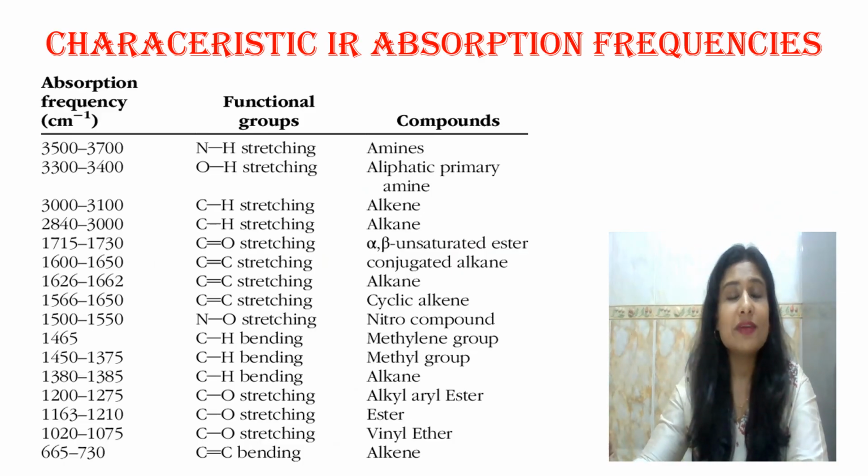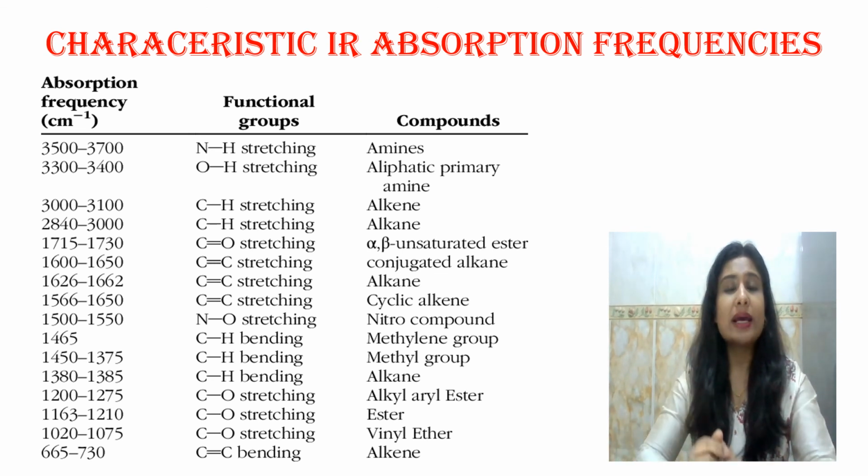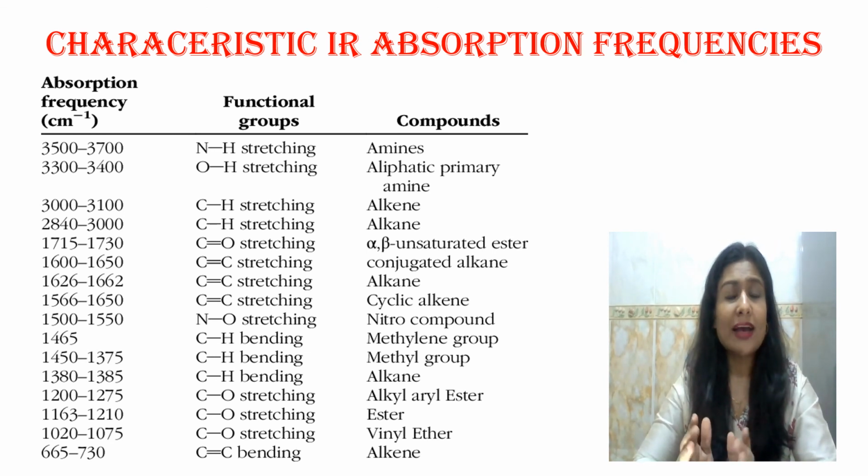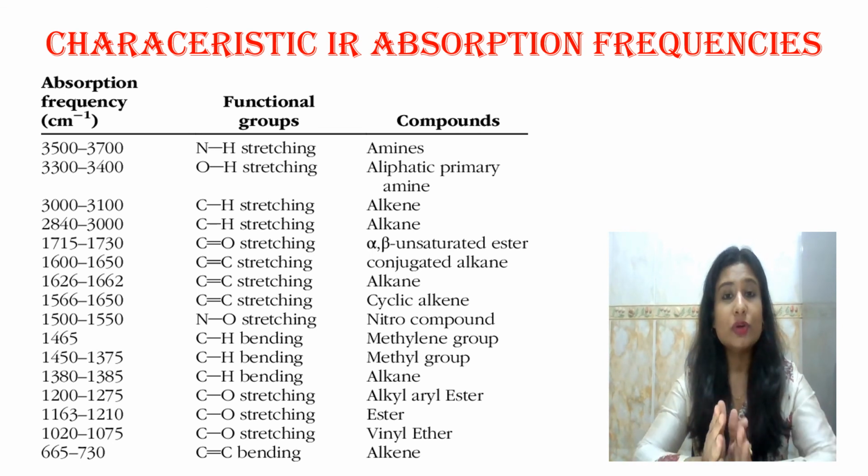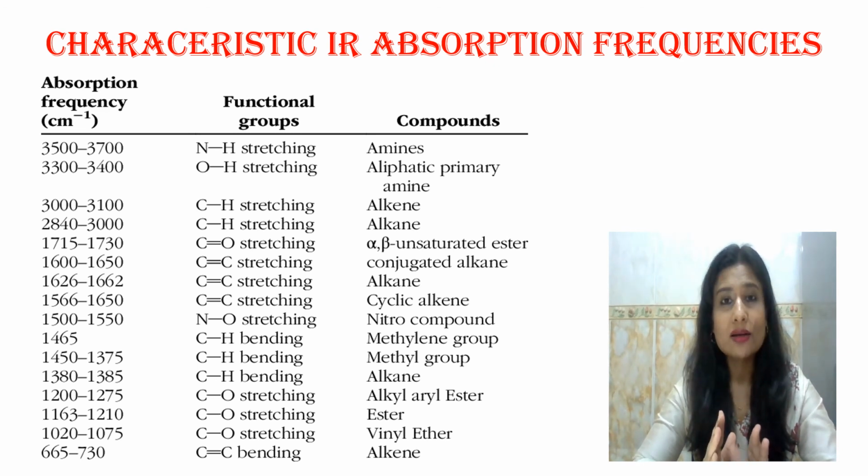Now, according to all the factors that we have studied so far, these are the characteristic absorption peaks or absorption bands that are recorded for IR spectroscopy. And it is these bands that we need to memorize in order to interpret the IR spectra. I've already told you how the range of wavelengths is assigned to each group. So now what you have to do is learn this by heart. Nothing else can be done other than learning. You know the concepts that work behind it. So these are the wave numbers that are assigned to each group.